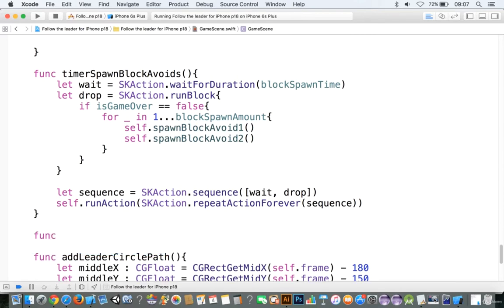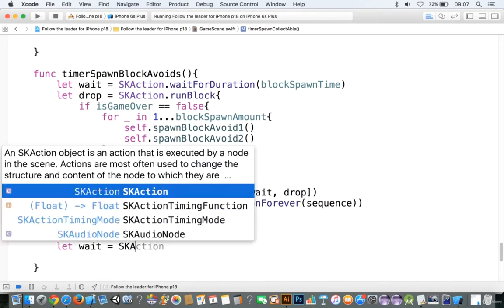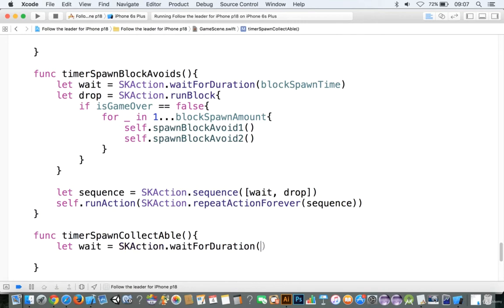We'll call this timer spawn collectible, and that's going to go and spawn the collectibles. So in order to do that, we need to say let wait is equal to SKAction.wait for duration, and we'll wait a total of drop speed. Okay, we're going to say let drop is equal to